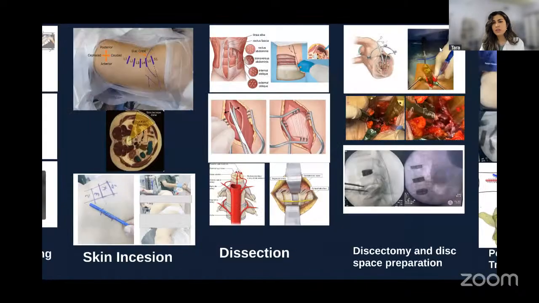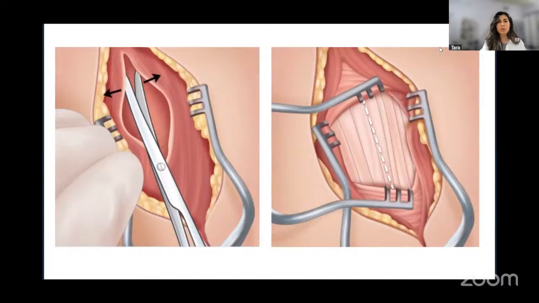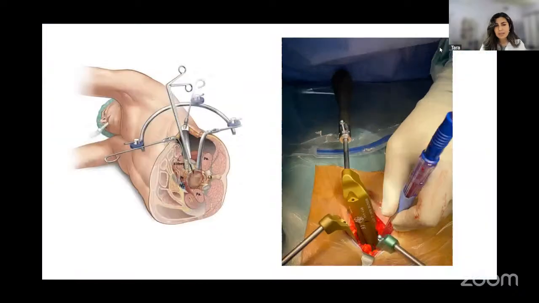After skin incision and opening the subcutaneous fat, you'll encounter 3 layers of abdominal muscles. This diagram is important because the direction of the fibers of the muscle is important, and at any layer of the muscle, we just do splitting of the fibers without cutting any muscle. Of course, opening the fascia, then splitting the muscles. That way you will not disrupt any muscle. This is a schematic diagram of the trajectory of how the retractors will go and reach the vertebrae. This is our real-time intraoperative retractors.